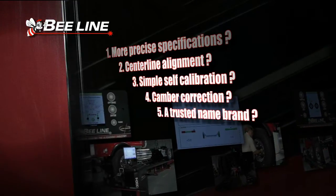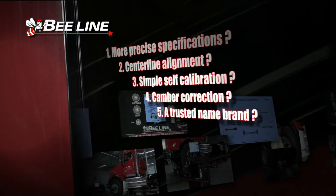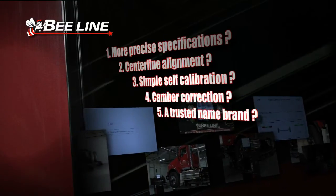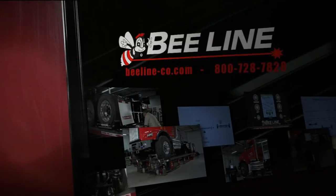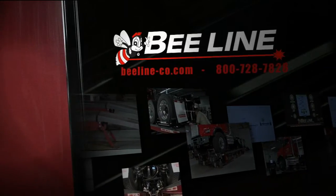And finally, does it have a name brand that is synonymous with providing the trucking industry with decades of innovative solutions to keep tractors and trailers operating efficiently? We feel these important criteria set us apart as the only choice for alignment shops that are serious about providing the best service for their